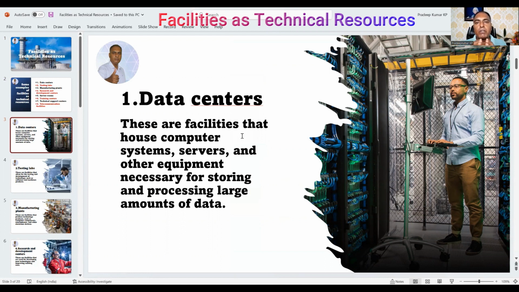The main aim is that this technical resource can be handled by a multi-disciplinary expert, somebody who can handle different disciplines together but is conceptually very strong in this particular facility. So we can take a data center as one facility, as a technical resource.